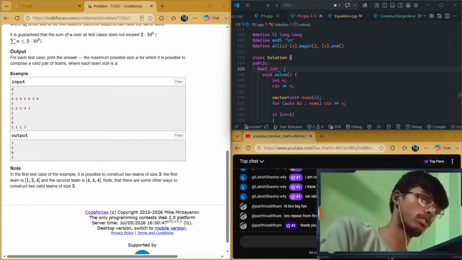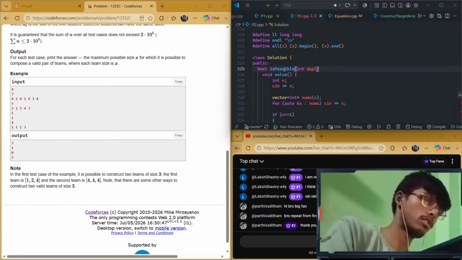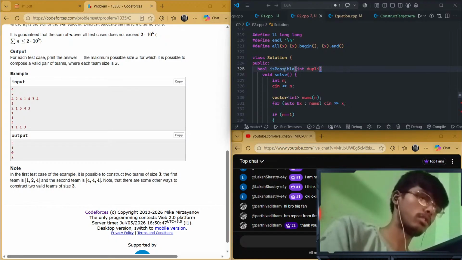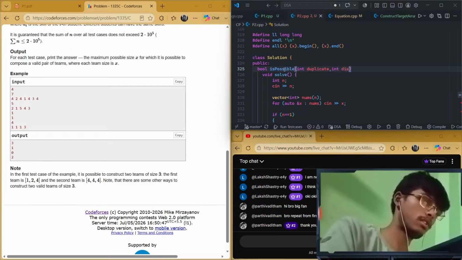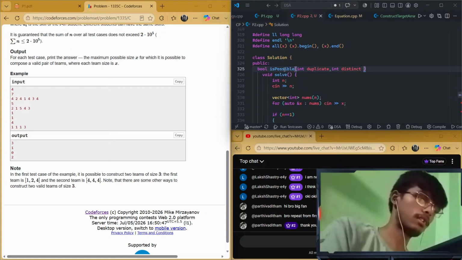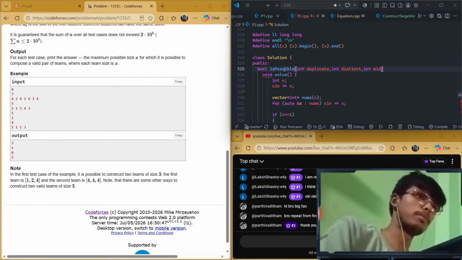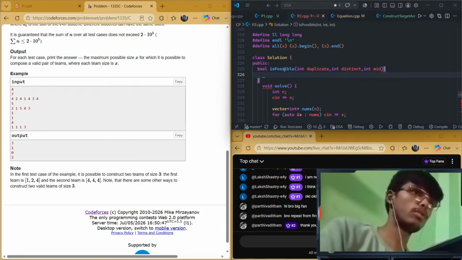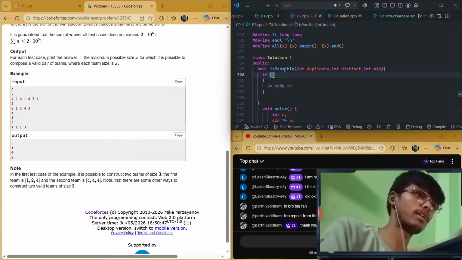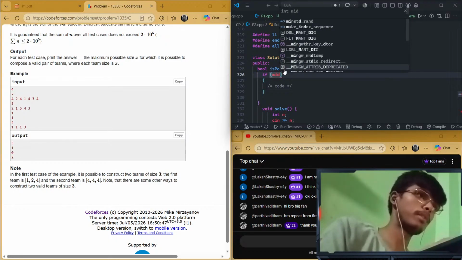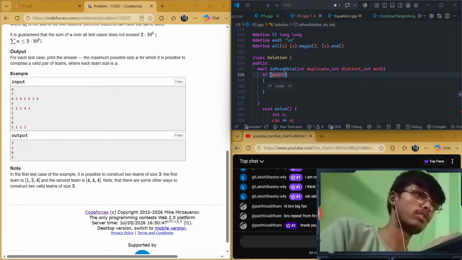So let's create another bool which is isPossible, int duplicate, int distinct, and then int mid. So what I was saying is that first I will check if my mid is equals to,